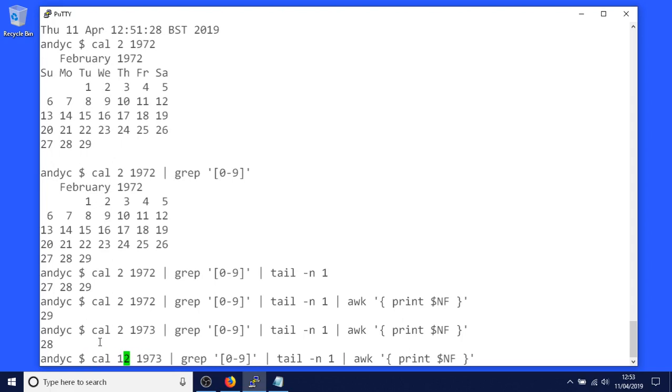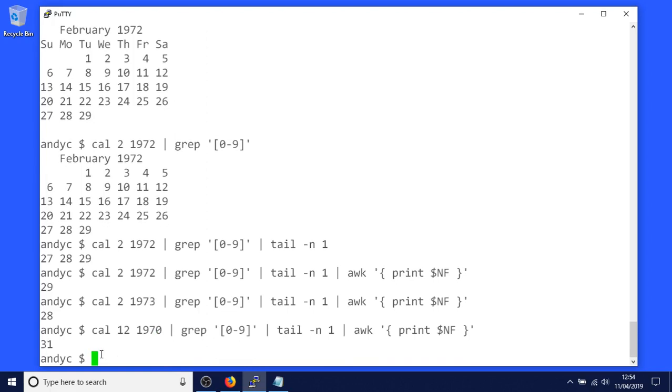We can obviously run it for different months. We should get a consistent result. 30 this time. So we can see here we've got a useful pipeline that, given any month or year, will reliably tell us how many days are in the month. And for the case of February, that's particularly useful because the cal command does all of the logic for working out all of the issues with leap years, because it's not so obvious